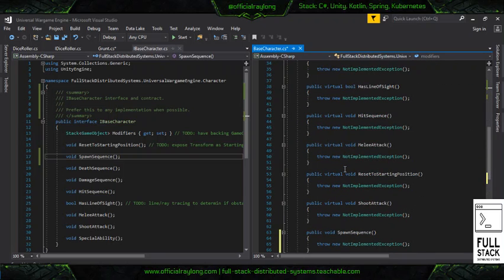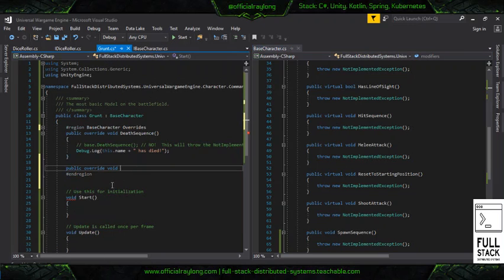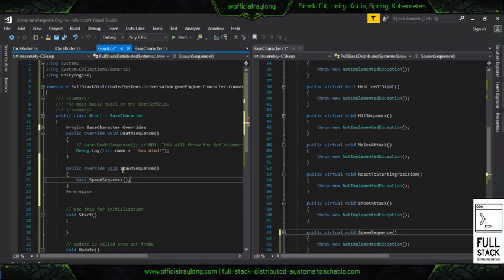Okay. Now let's go back to our grunt. Public override void. Let's do our spawn sequence. Yes. We need to make spawn sequence virtual so it can be overridden, of course. Okay. Again, we don't want that. We'll leave the other one as an example. We don't need to keep repeating ourselves, right? So let's be professionals about this, alright? So this dot name